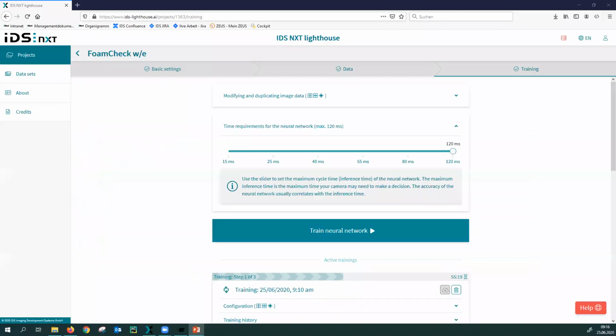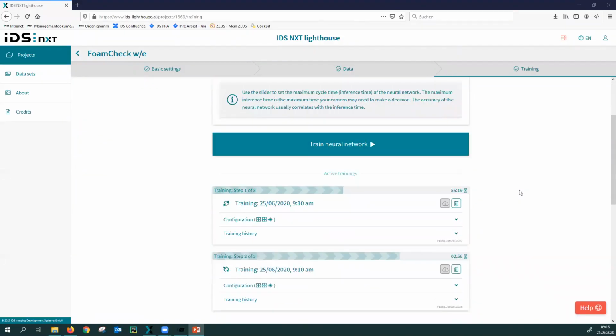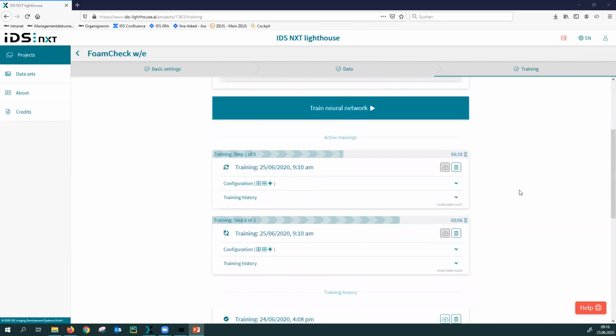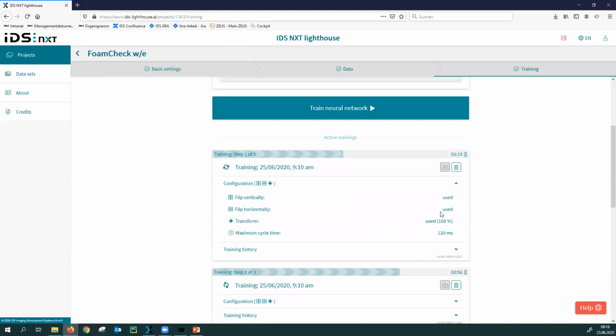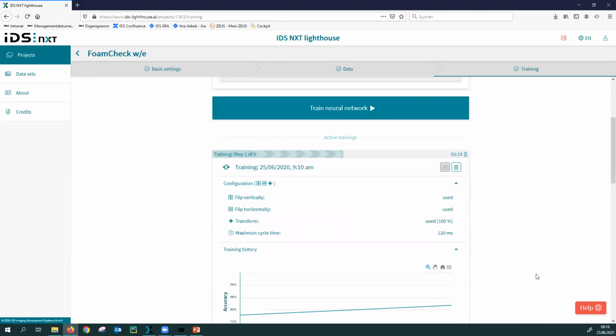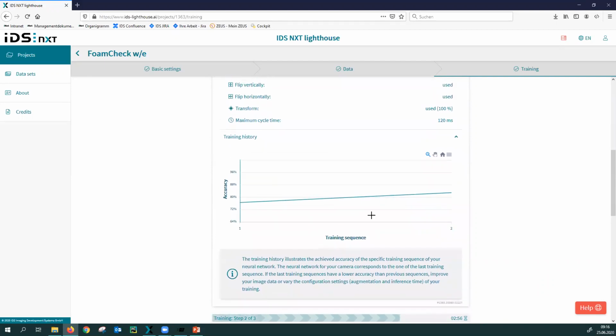How does this now look like in Lighthouse? As we can see, the training is going nicely. We have here the larger model that also takes more time. We can see that it has only trained for 2 epochs, so that would take some more time.